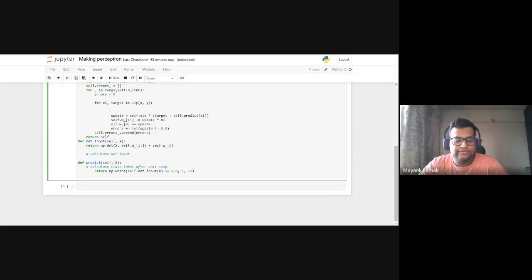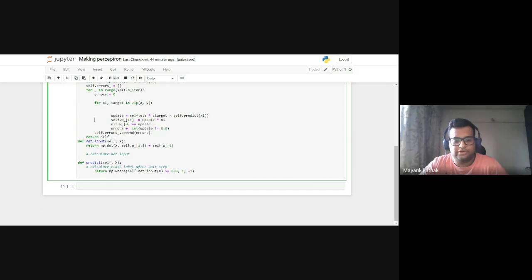And we have defined the input, which is actually the unit step function. Since those two are vectors, x, that is our input sample, and the self value that we have got are added together, and a threshold is given. Since those two are vectors, we have used the np dot operator so that we can multiply them.